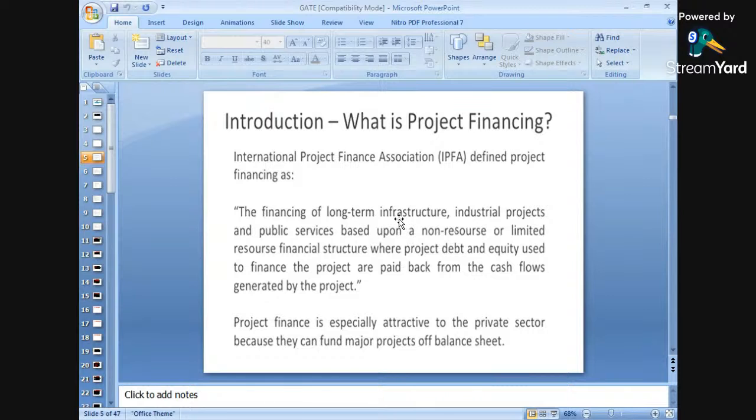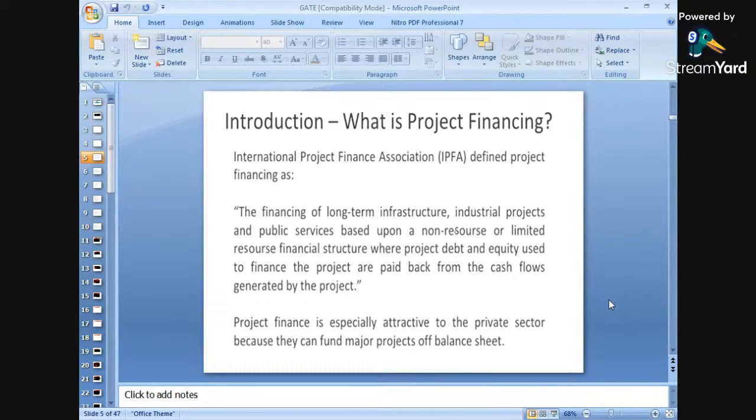That means these things will be considered. Infrastructure projects, industrial projects, public services based upon non-resource or limited resource financial structure, where project debt and equity used to finance the project are paid back from the cash flow. This thing is very, very important. First we have to invest the amount. First the contractor will invest the amount for a particular construction work. Suppose we are constructing a highway, a national highway. In this case, the contractor will first of all invest the amount required for the constructions, and he will be paid back